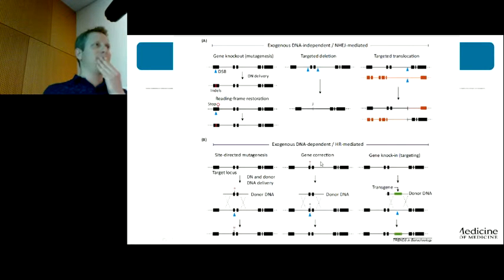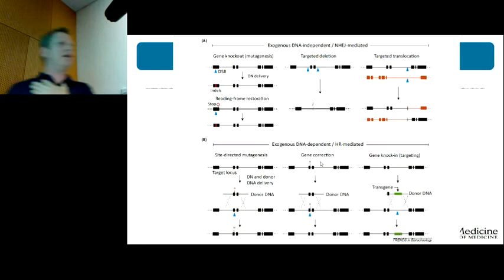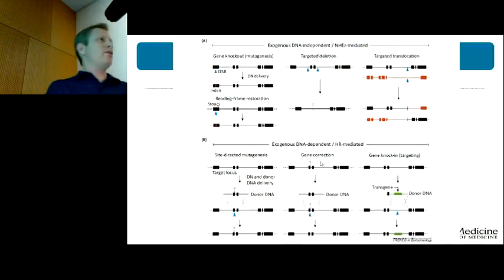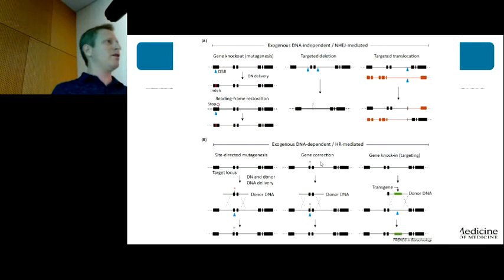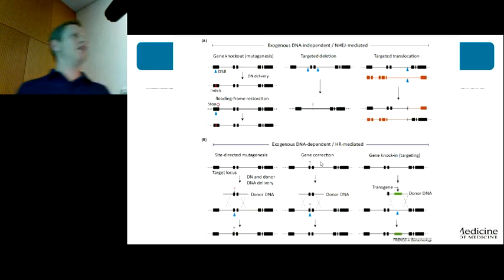Yeah. Does each cell have its own hierarchy of how it wants to repair itself, or does that depend on how you split the DNA? I think it depends on the cell cycle. So if the cell is dividing and it doesn't have a template, it will use the NHEJ. If it is replicating and it has a sister chromatid or a template, then it will use a template. I think so. Not all the systems are activated in each step of the cell cycle, but still you can